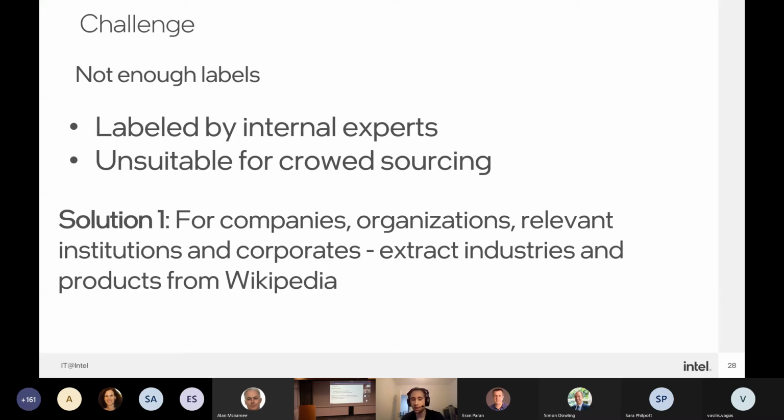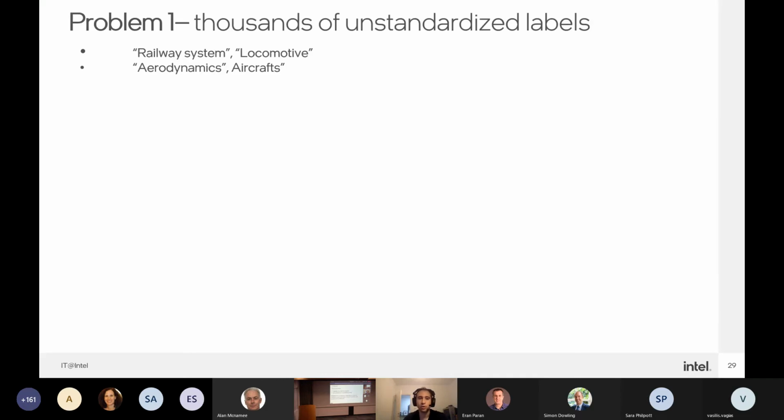So we get a list of companies, organizations, relevant institutions, and corporates from Wikipedia. And then we can easily extract industries and products from these pages. Now, this poses two problems. The first one is the problem of standardization, because Wikipedia is written by people. And therefore, a lot of products and industries will be duplicates, or they will be very similar.